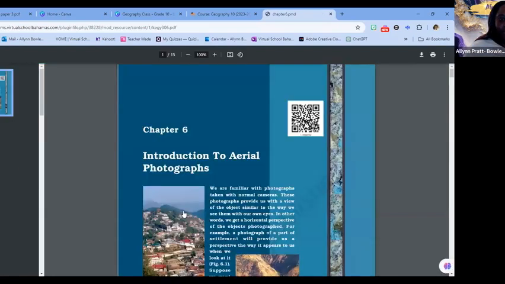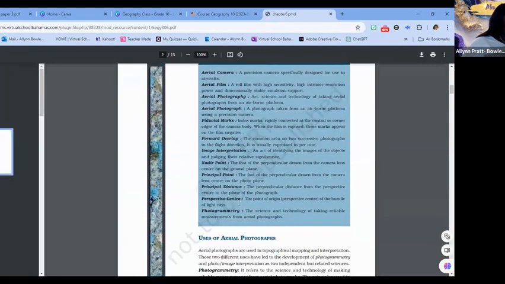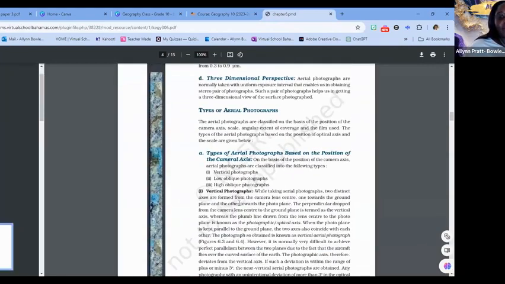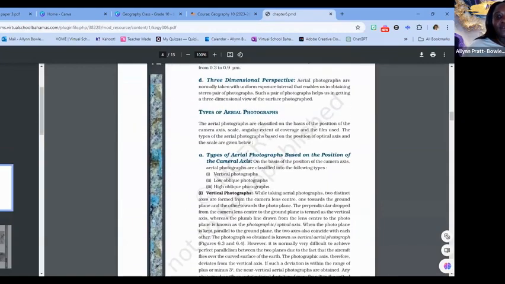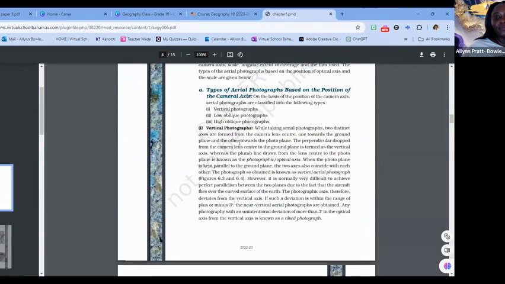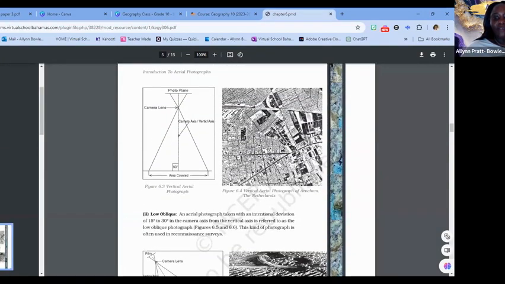Aerial photographs. All right. So like I said, there are three types of aerial photographs: vertical, low and high oblique aerial photographs. So this is a low oblique photograph, and it really looks like one of those maps that you see on your,